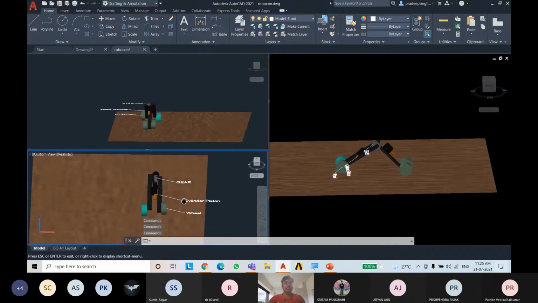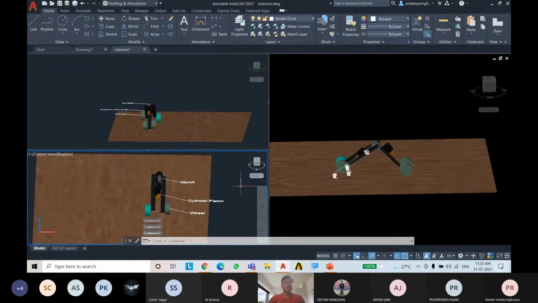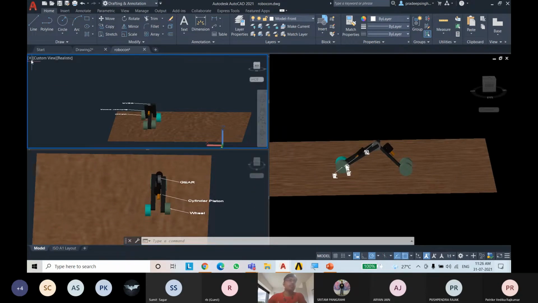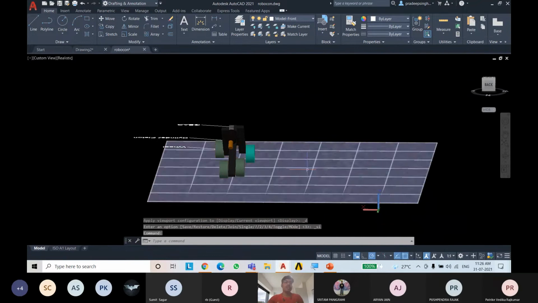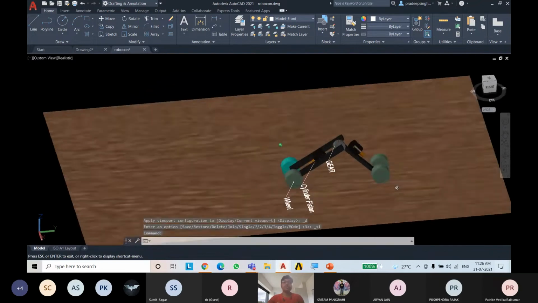So you can also present like this in front of clients so that they can see all the views of the object. Now, if you want to go back to one window, just click on viewport configuration list and select single. Then you will go back to the old view.